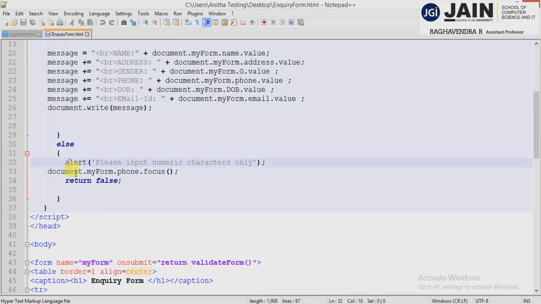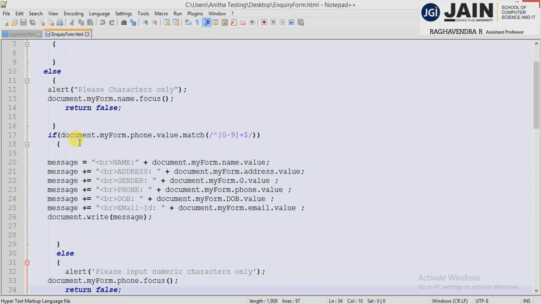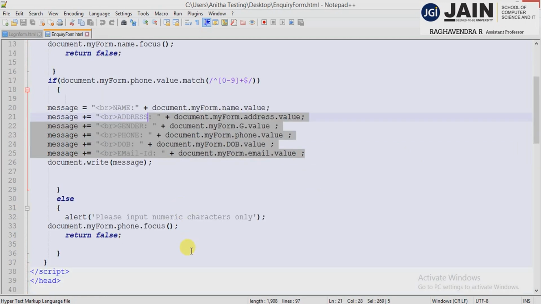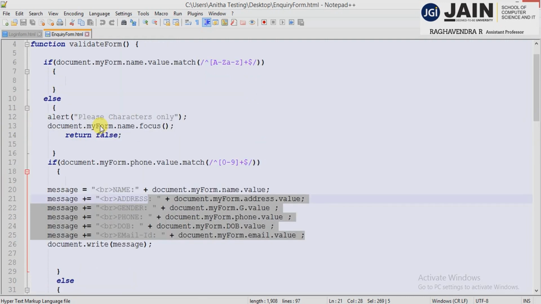And the second text box, the phone number, will get the focus, meaning the cursor is blinking in the phone number text area, then it will return false. So if the phone number correctly matches the pattern, then you display all this information in the web page. Whatever the information given by the user, that information again will display in the form. So this is what the CA5 is, creating a login form using the JavaScript function and validating the second form.